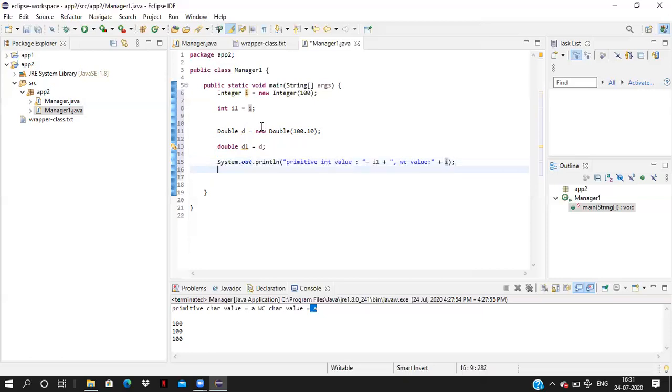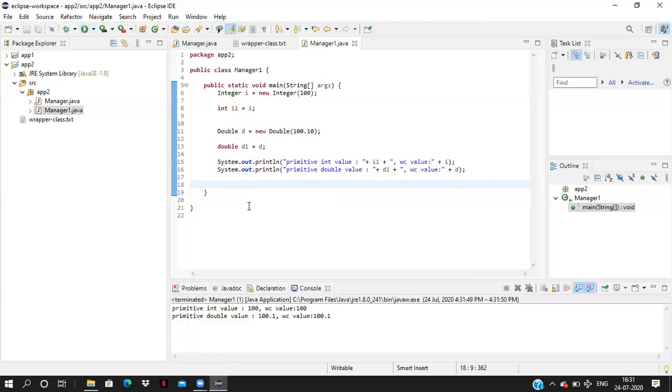Control C, Control V. Wrapper class value is d. Primitive double value is d1. Now I just saved it. I'm running this. You see, converting wrapper class object to the primitive type, this is also giving the same output. This is called auto unboxing.